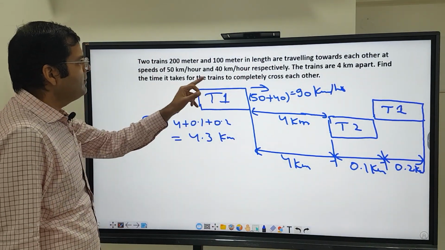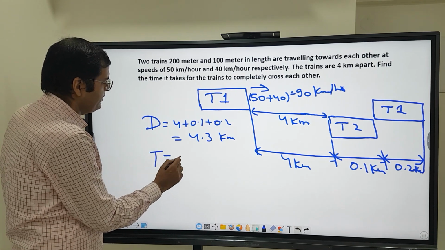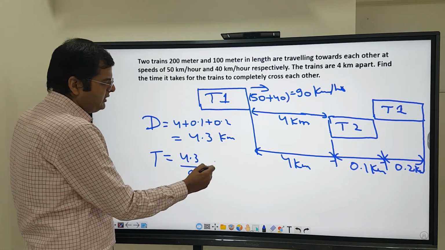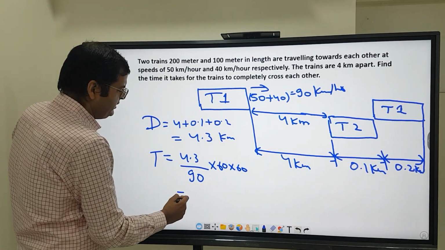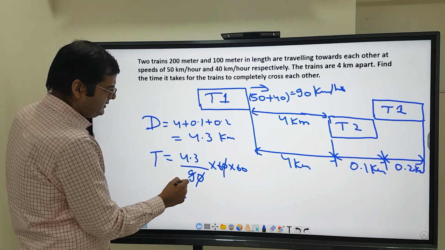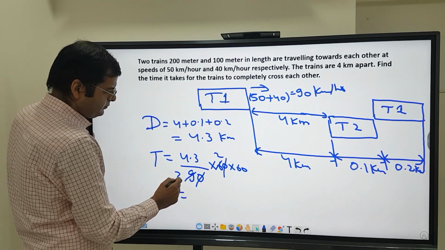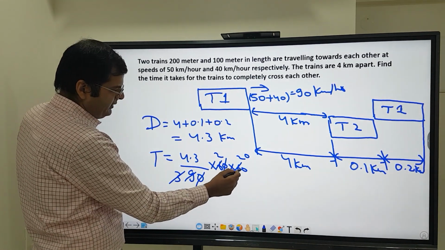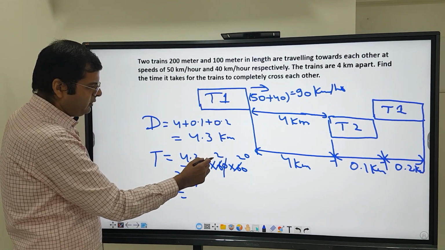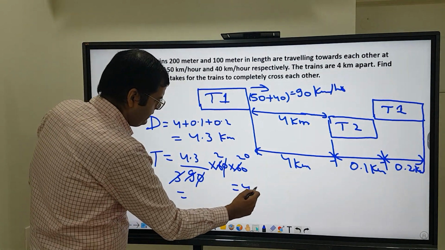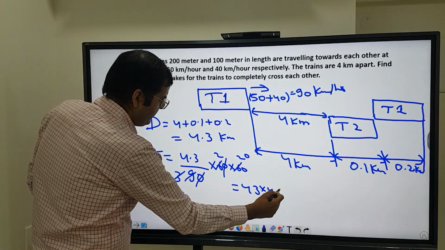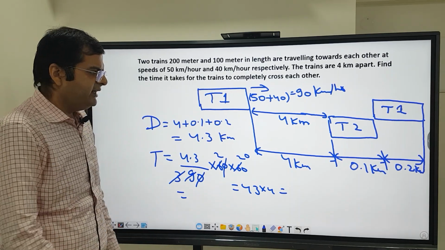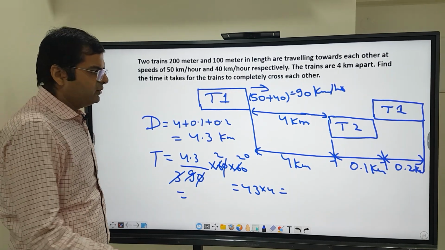So the time T taken to completely cross will be 4.3 divided by 90 hours. So in terms of seconds, it will be multiplied by 60 into 60. So the 0 cancels here. 3 3s are 9, 3 2s are 6, again 3 1s are 3 and 3 2s are 6. So it is 20. Okay, so 43 into 4 it becomes, because this 0 cancels, and 2 into 2 is 4. So 43 into 2 is 86, 86 into 2 is